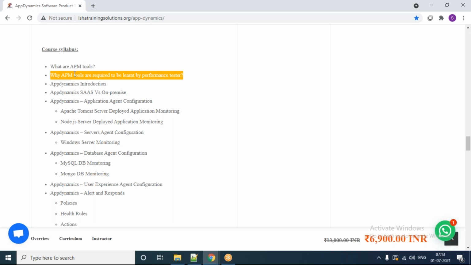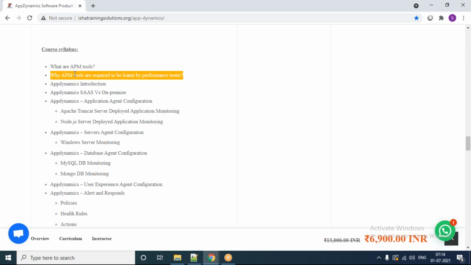So this APM tool can be used by multiple teams. It is not restricted to performance testers, but predominantly performance testers are exposed to these tools. That is the reason everybody's mindset is that only performance testers will use an APM tool, but that is not the real case.